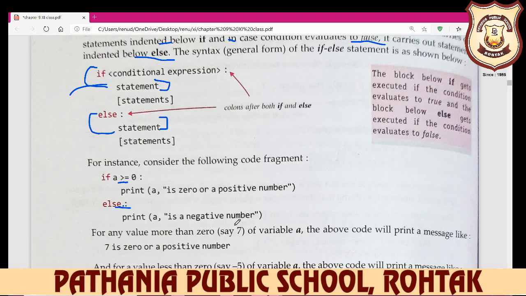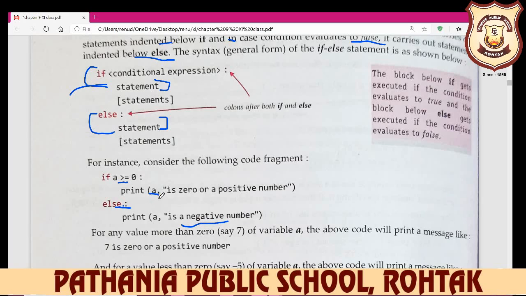If the inputting value is greater than or equal to 0, then my statement will print on the screen positive number, or you can write "is 0 or a positive number". But else, otherwise, if my condition is false, then my answer will be displayed: a is a negative number.